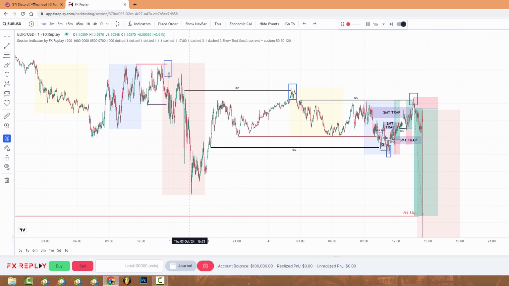So yeah, we're dropping lower. We got this valid zone, which has been tested during Asia. We broke the inducement right here. Again, the inducement is just like a fake low. Whenever you get the